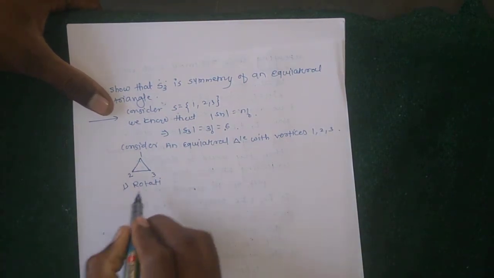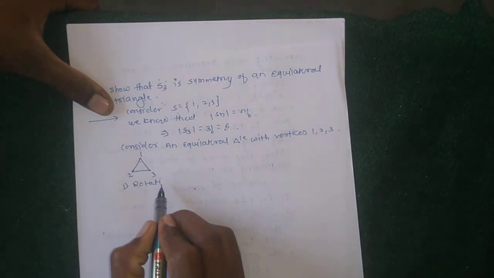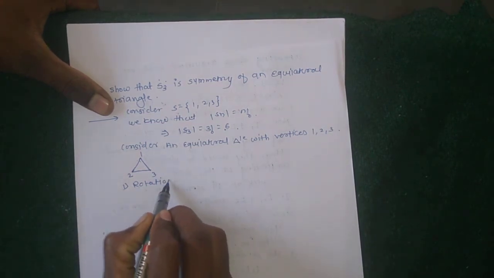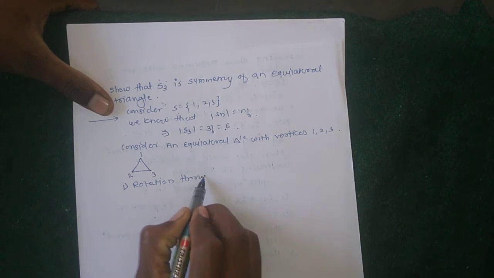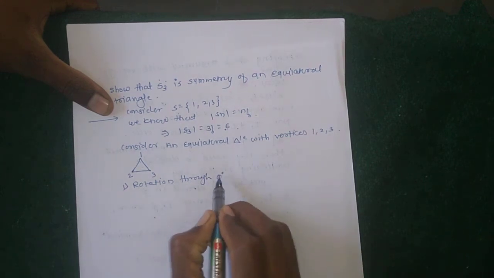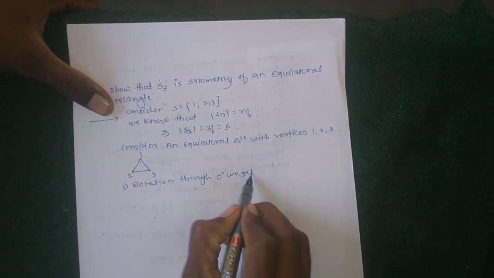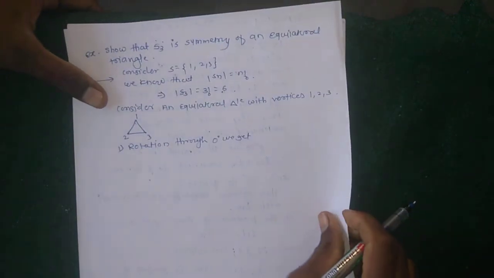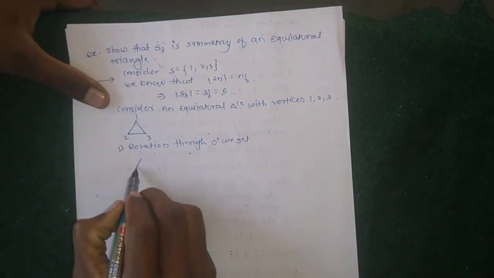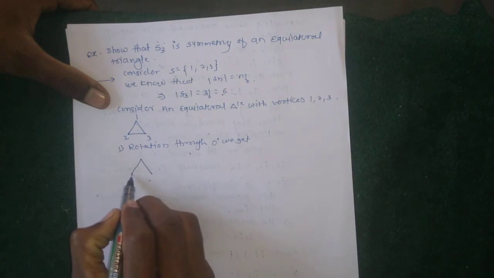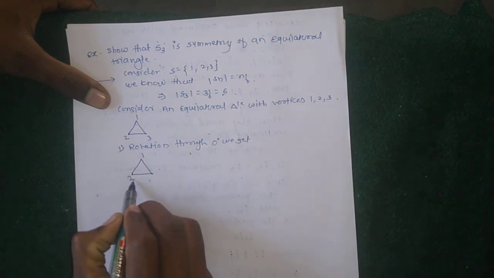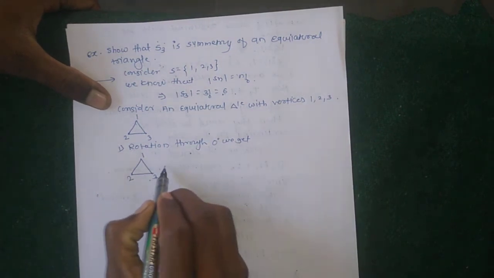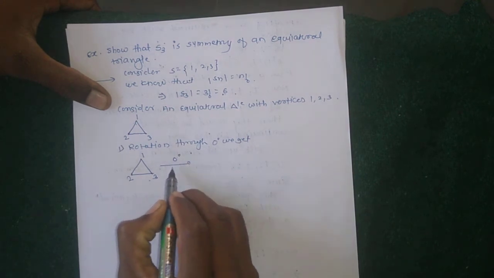So firstly, rotation through 0 degree. This is our triangle 1 2 3, and if this triangle is rotated through 0 degree,